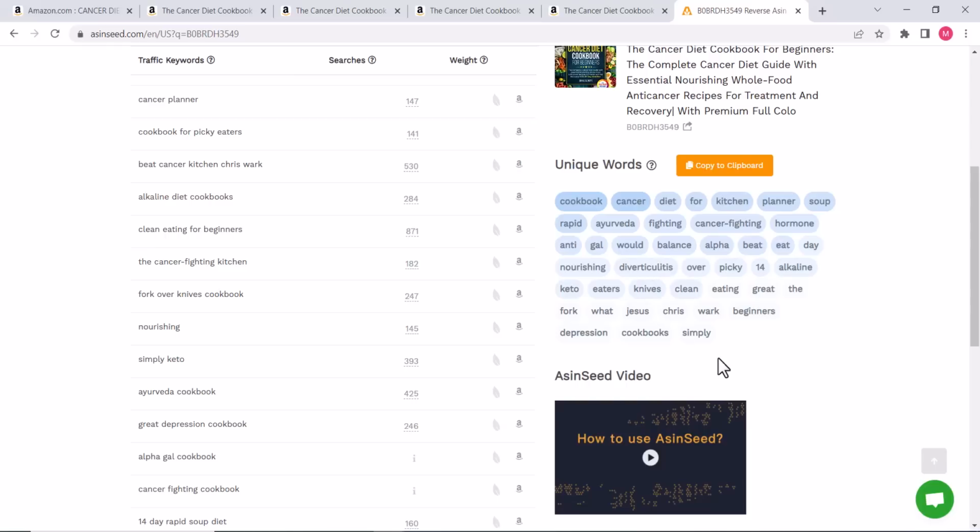Remember that your keywords are not supposed to be grammatically correct. No, don't get me wrong. It can be grammatically correct, but it is not mandatory. You can write diet cancer recipes book. You see that it's not grammatically correct, but for the keywords, the algorithm identifies it and knows what you are